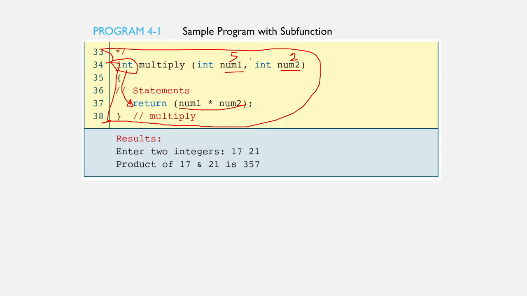So num1, which is 5, and num2, which is 2, will be processed here, in which the operation is multiplication. So we have to multiply num1 and num2 here and return the value 10.